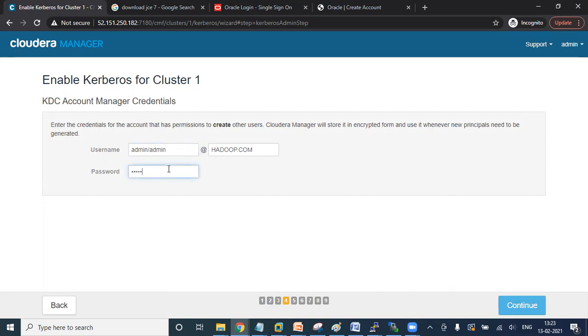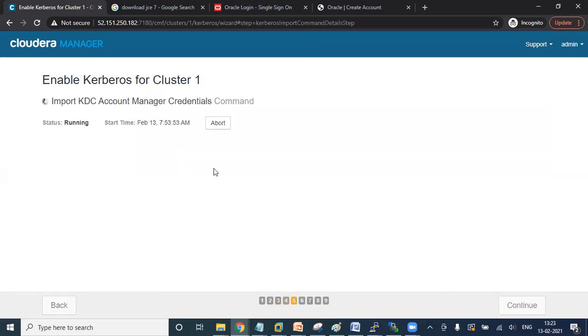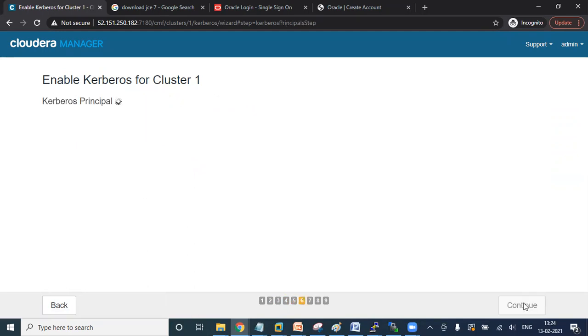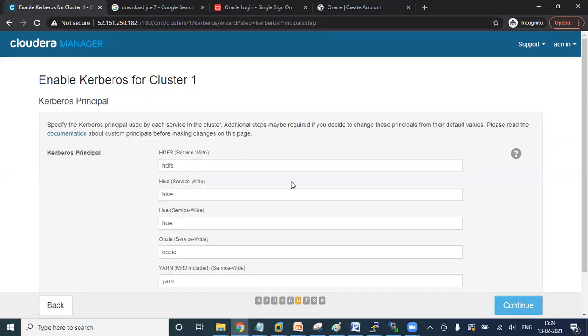Password. Click continue. Now this will connect to my KDC database and create all the service principals under that. Continue. So what is default, continue.